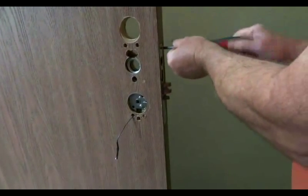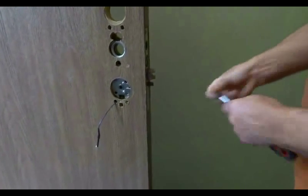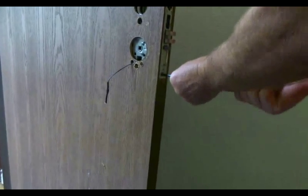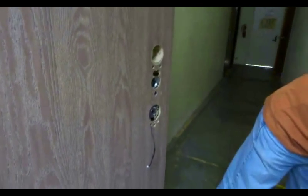I leave this a little bit loose right now until I get the cylinder in. The cylinder alignment has to be good. Got that in, we're going to install the spindles